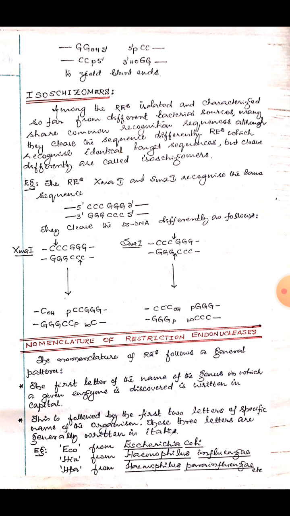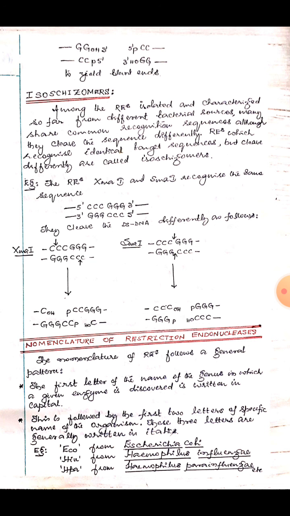Their cleavage pattern is different. They identify the same recognition sites, but they cleave differently. Such restriction endonucleases are called